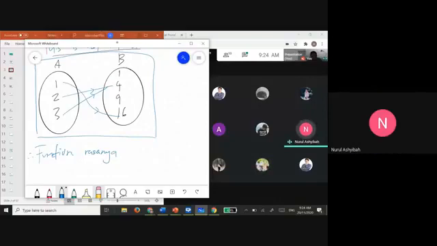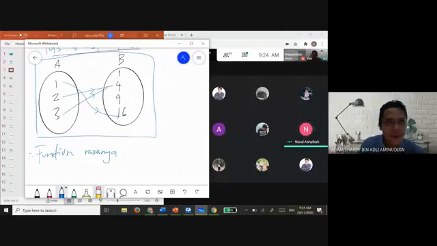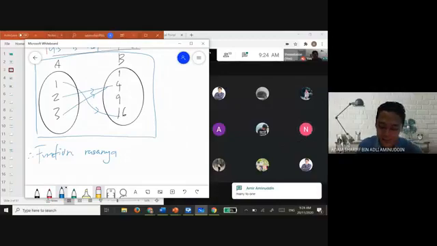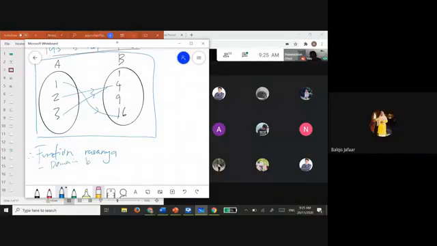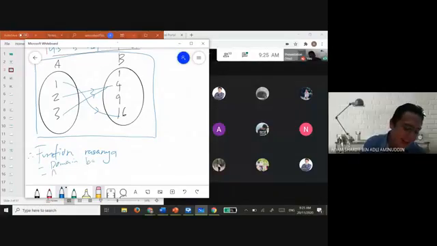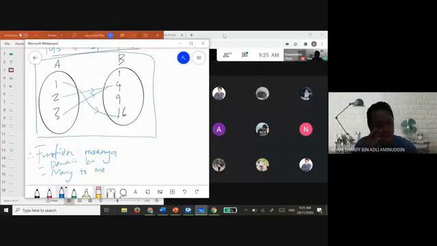Sebab kalau domain banyak kepada kodomain 1 boleh. Many to one. Okey, saya tulis domain banyak, many to one. Kawan boleh jawab. Many to one. Okey. Jawapan ni boleh